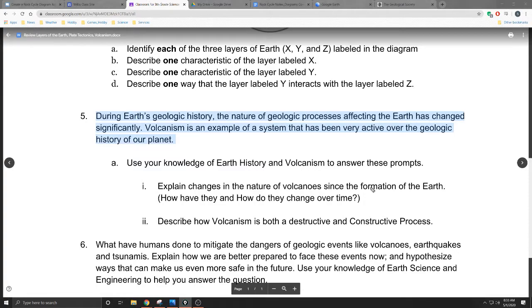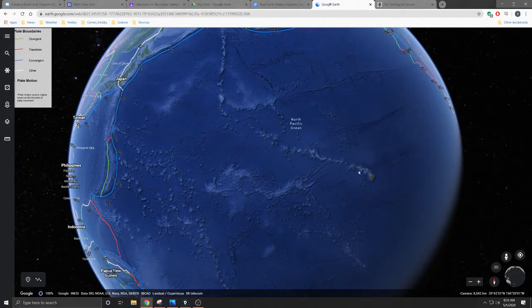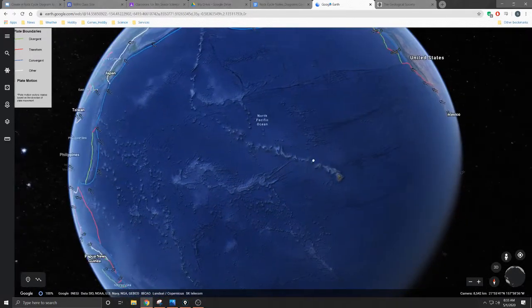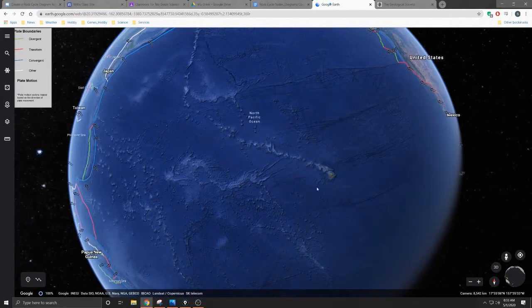So the changes in the natures of volcanoes just depend on their location. If we're looking at the Hawaiian Islands in particular in the Pacific Ocean here, you can see that all of these are Hawaiian Islands, right? So these are the big islands down at the bottom, but Midway Island, which played a crucial role in World War II, is located up here. These are an area where the hot spot was located. As the Pacific Plate moves to the northwest, these spots get burned through in these locations. So the nature of the volcano is, one, it's going to create a new island. So that's constructive. But the heat is the primary driver here.